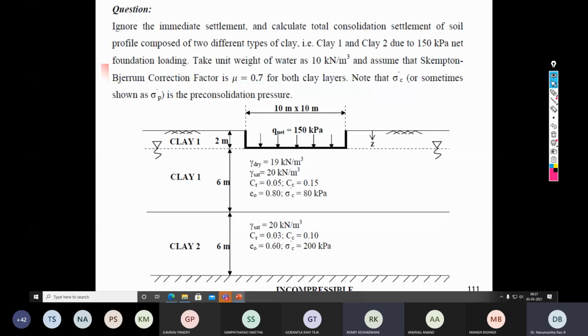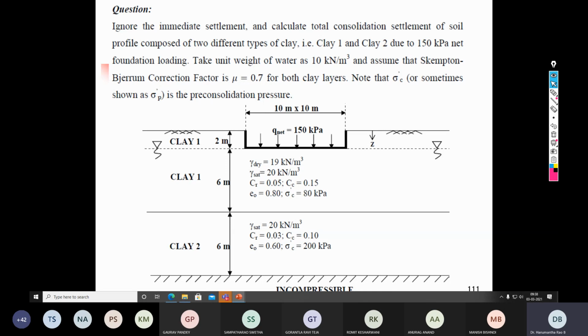Never ever represent any soil which is below the water table with the gamma dry. It is always saturated. But when you take the effective, then it goes submerged. That is a different ballgame. Logically, if anybody is asking how do you represent gamma above and below the water table, your very simple answer is, remember, the soil above the groundwater table also can become gamma sat.